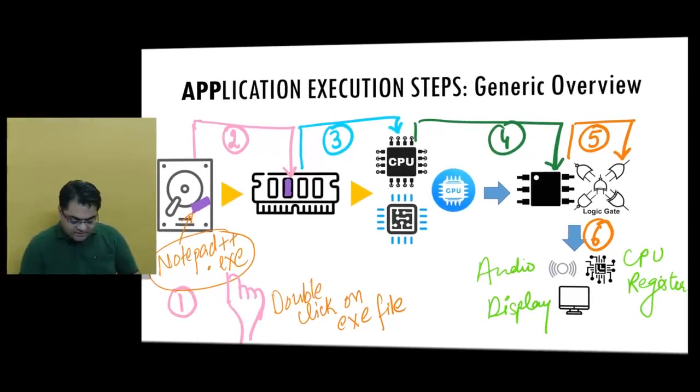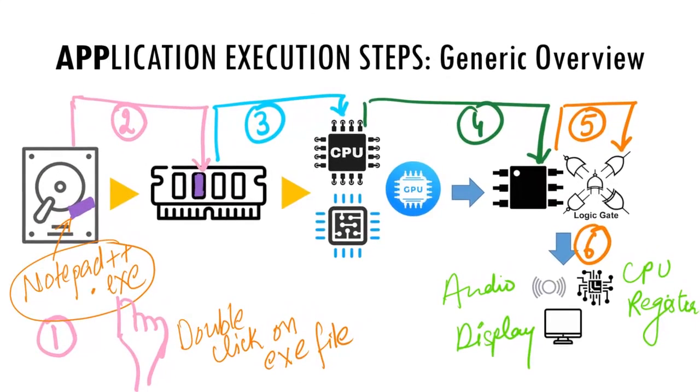I am taking the example of Notepad++ here, and its executable file resides on the C drive of the machine as it has been installed in C drive. When one clicks on the exe file, it gets loaded into the RAM. After this, on the basis of the requirement of an application, either CPU, GPU or IO processor will pick it up from the RAM for further processing.